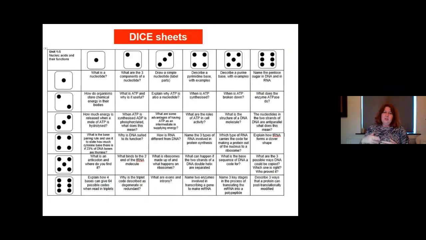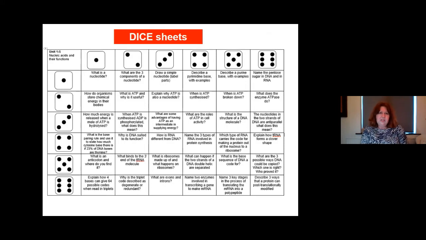Now, I'm just coming to the end of things here really, because I just want to show you some of the things that certainly my students have found really helpful. And I'm just going to give you a little bit of a taster really, and a little bit of a reason to come to the second, third and the fourth sessions in this series about DNA and cell division, in fact topic 1.5, and that is dice sheets,